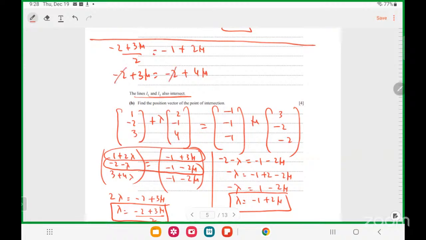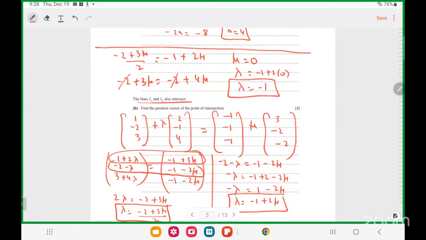Minus 2 cancels off. Mu is equal to 0. If mu is 0, lambda is minus 1 plus 2 into 0. Lambda is minus 1. So if lambda is minus 1 and mu is 0,